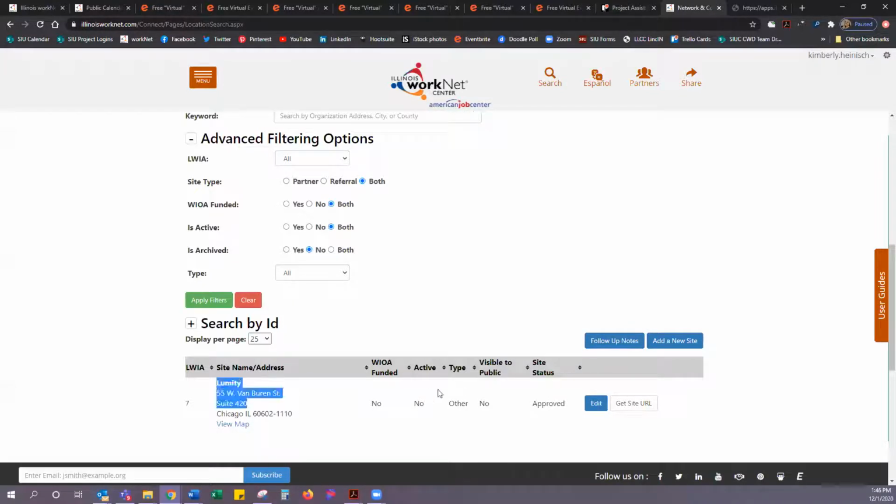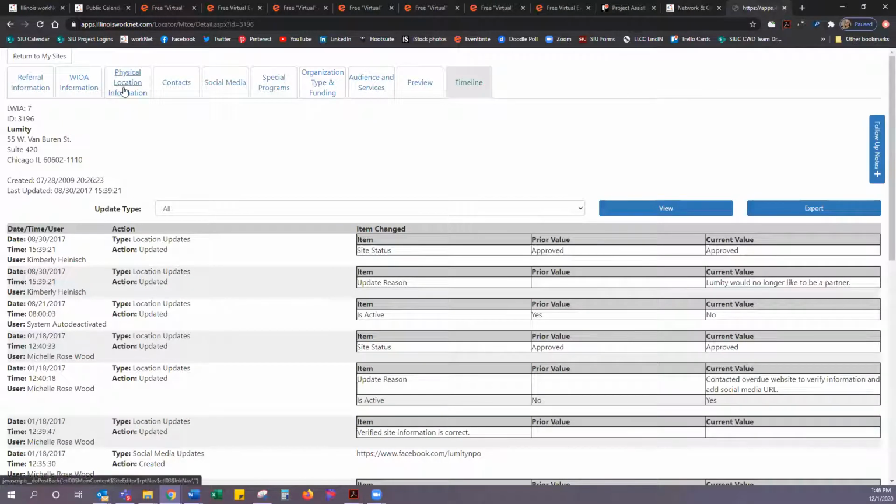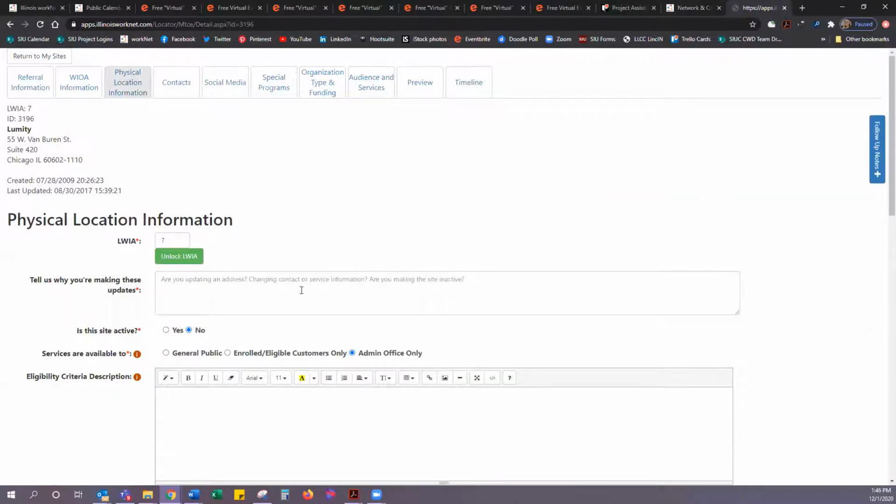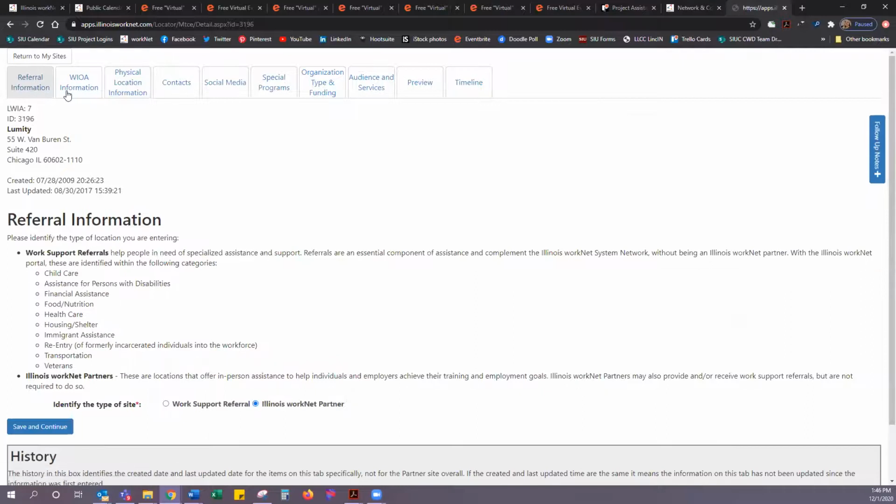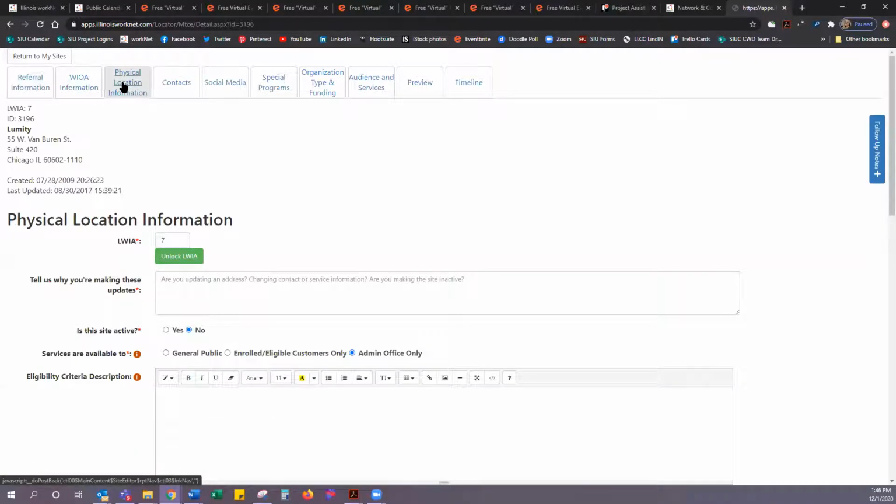So once you find the site, you'll just click edit and it will take you to the physical location information screen. And on here, I recommend, if say that you haven't been the primary contact or your site is very outdated, you can see that the last updated for Lumity was in 2017. So what I would recommend is just going through each of the options just to make sure that everything is correct. The physical location information screen, contacts, organization type and funding, and primarily the audience and services are the main tabs that you should check, just because those are the ones that will change often, along with social media,